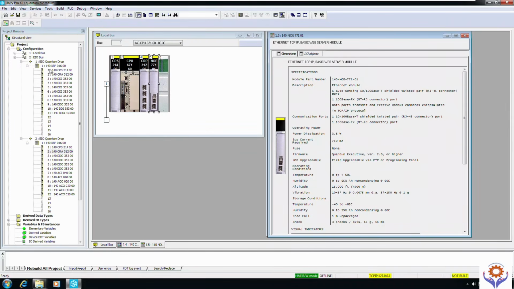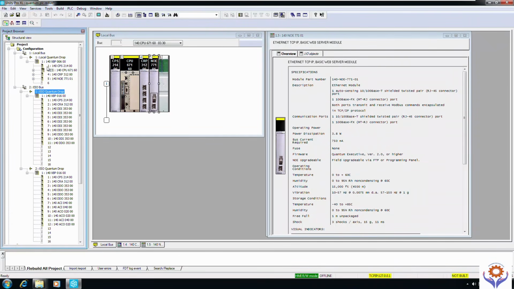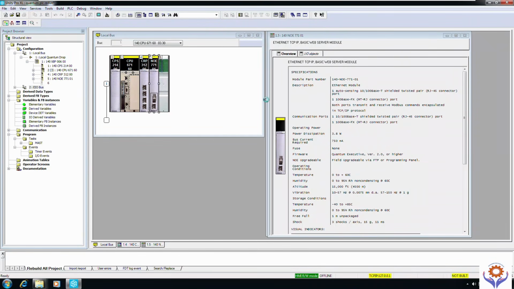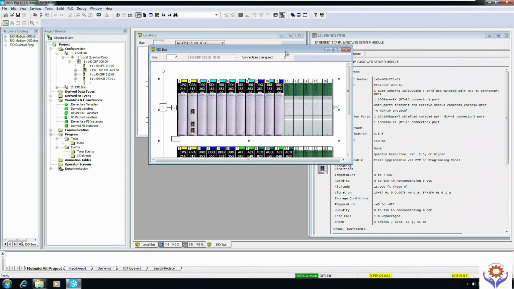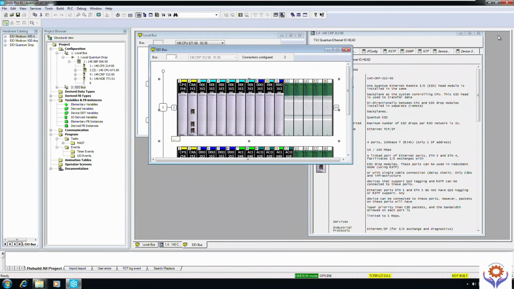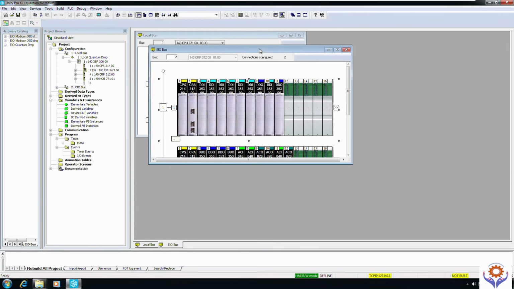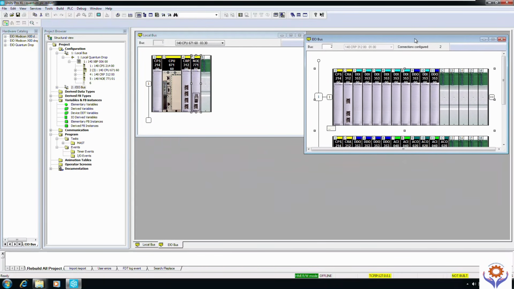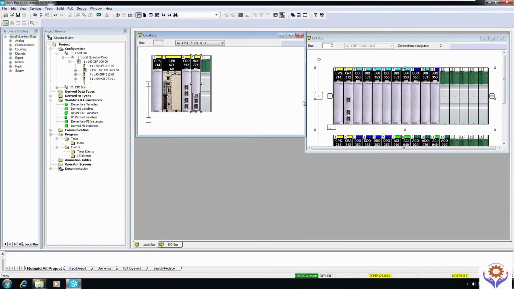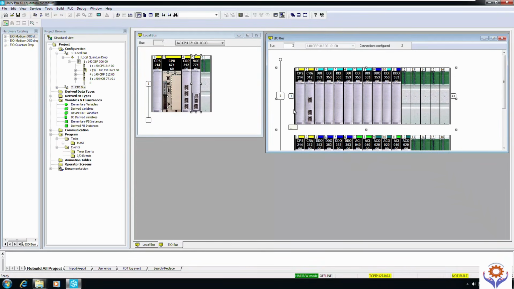Like we can say primary and hot standby. If we need to make a hot standby, it is very important to understand that concept. Okay, it is very important to know the function of each module, what is the use of CRP and NOE. And if I double click the EIO bus module, this is the EIO bus, and we already configured